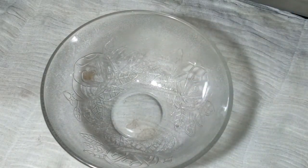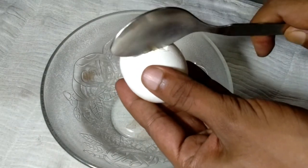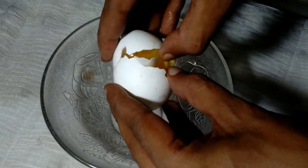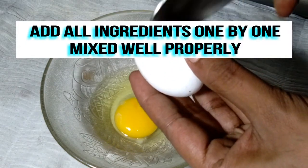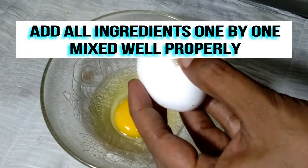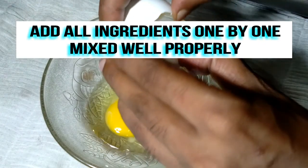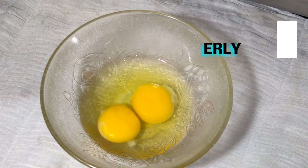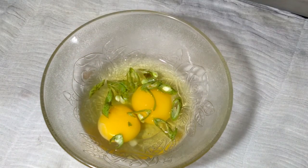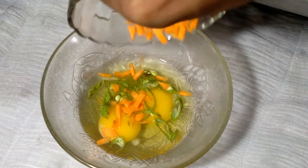See friends, I take a bowl, then add the eggs and break the eggs properly. Break the eggs properly, then add chopped beans, then add chopped carrot,